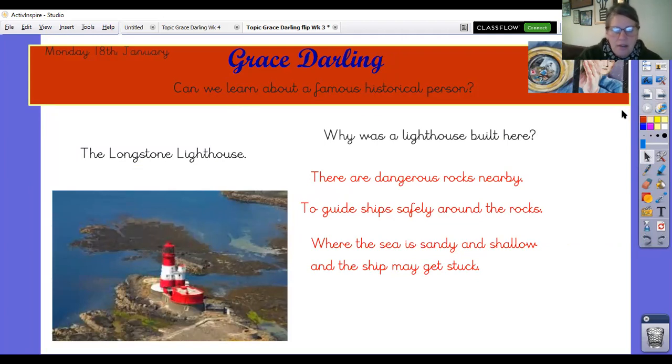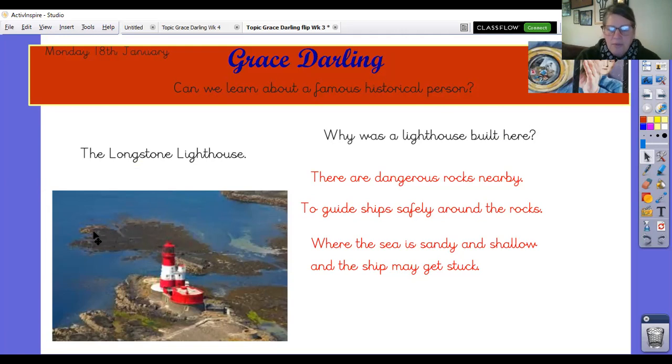You can see that there are lots of rocks in the sea. There isn't a lovely, smooth, sandy beach. Lots of rocks, and some of them go into the water. They're not sticking straight up. So there are lots of dangerous rocks nearby, and they put a lighthouse there to guide the ships safely around those rocks,